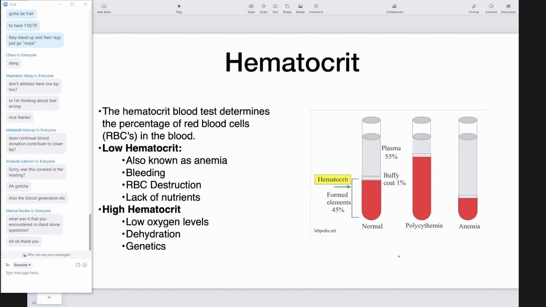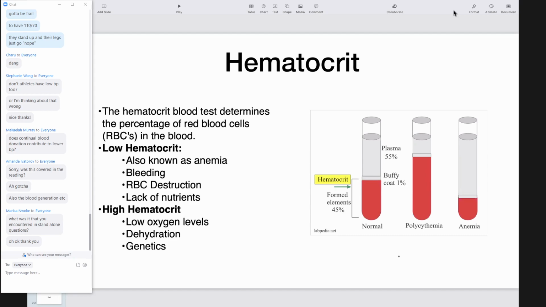Alrighty, hematocrit is a diagnostic test that we could do in a CBC. By drawing blood, we can get a measure called a hematocrit. So what is a hematocrit? It tells us the percentage of red blood cells in a given volume of blood. So if we take a given volume of blood, find the percentage of that which is red blood cells, you get hematocrit. A low hematocrit can tell us about anemia, which you might have heard of,